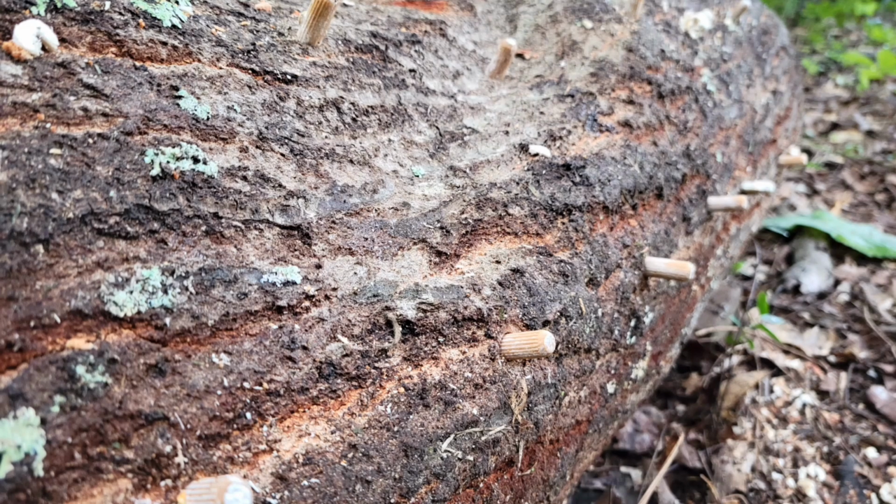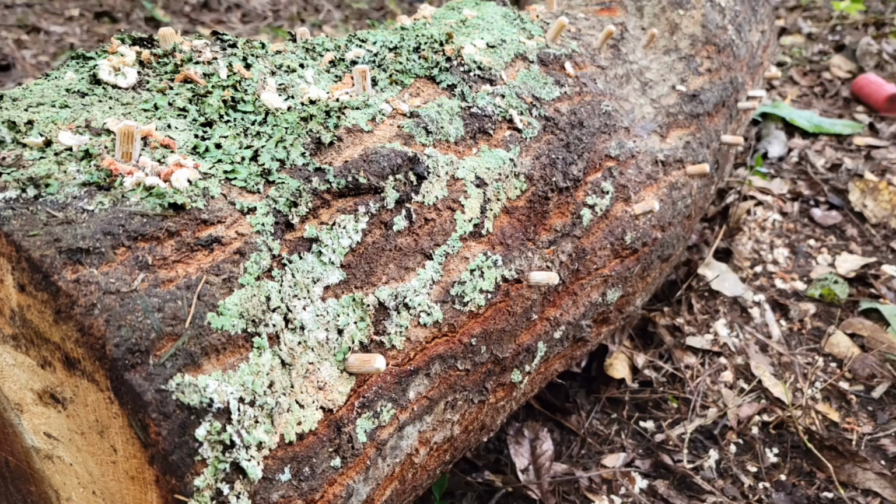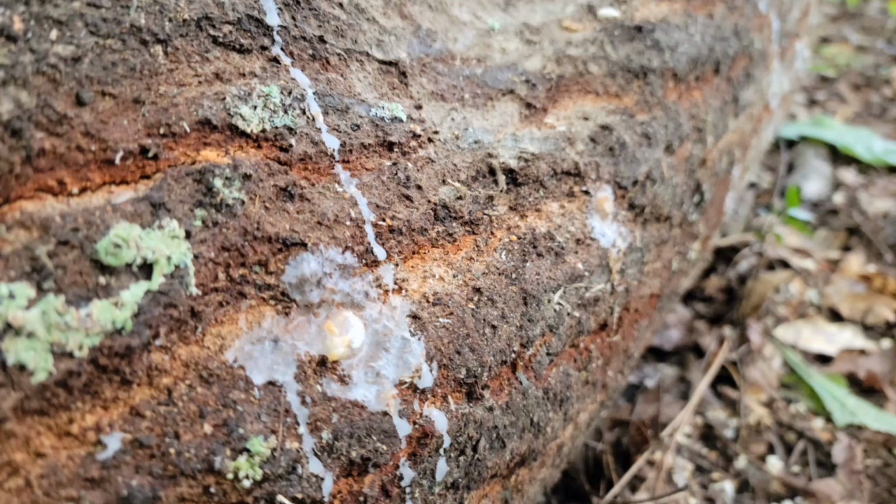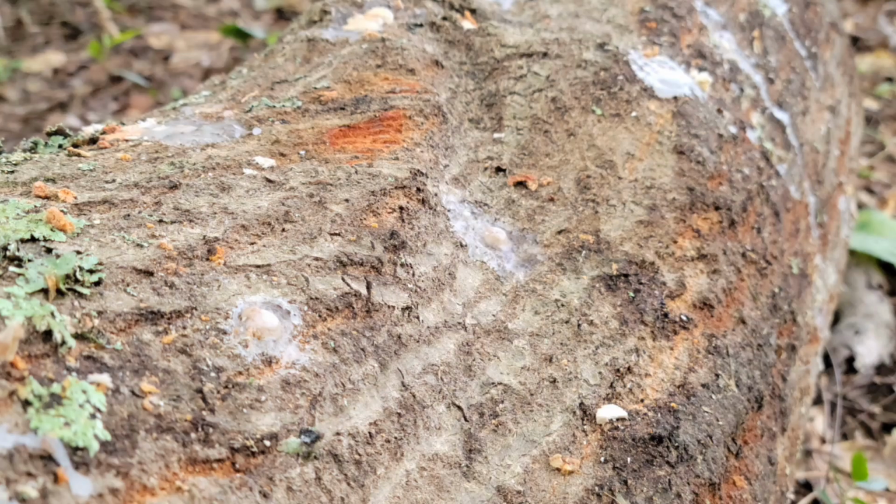I got these dowels that were inoculated with shiitake mushroom spawn, and I decided to inoculate a couple of logs, about 4-foot sections, to see if it would actually take. Now, once you get your dowels in, you want to pound them down with a mallet and then wax over. The whole point of waxing over is to keep that moisture in so the mushroom has a chance to inoculate the entire log. And at that point, you're going to want to wait 9 to 12 months to see your